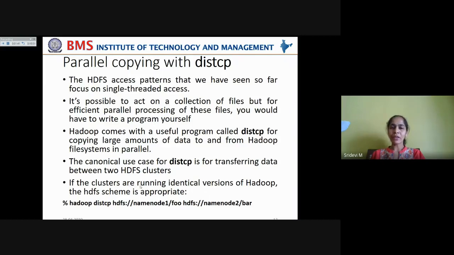If the clusters are running identical versions of Hadoop, the HDFS scheme is appropriate, and you can use a command like this: % hadoop distcp hdfs://namenode1/foo, taking from name node 1 from a root, say foo, and copying it onto name node 2. Screen is visible, right?